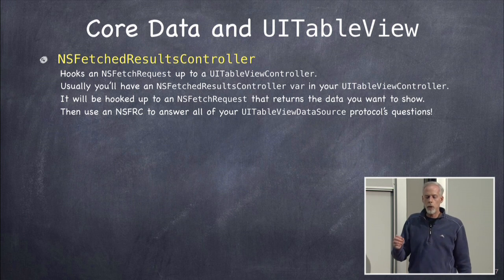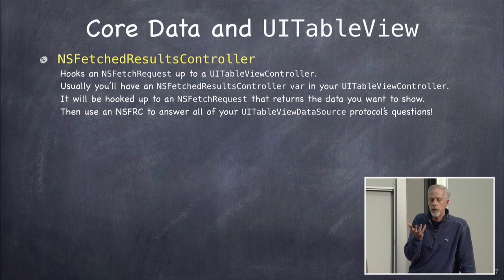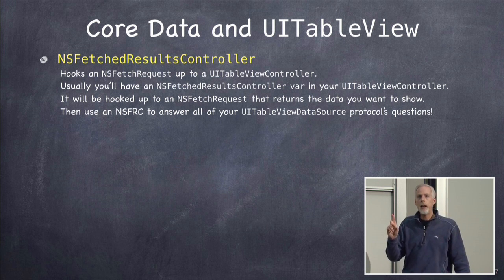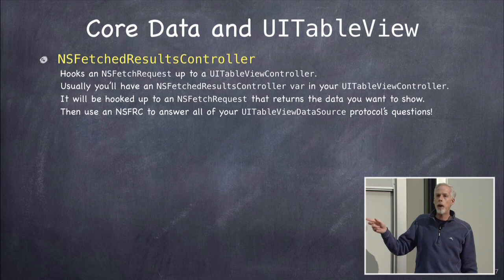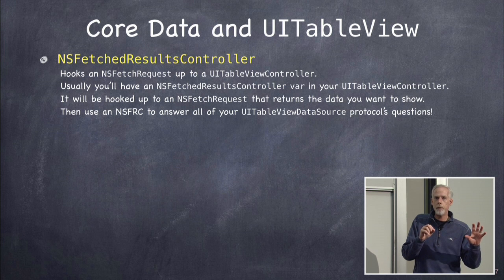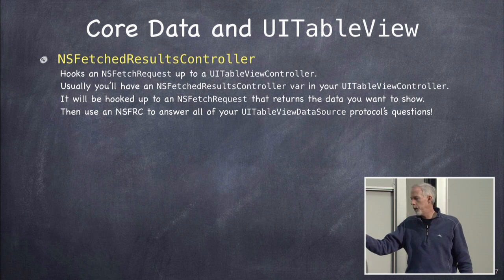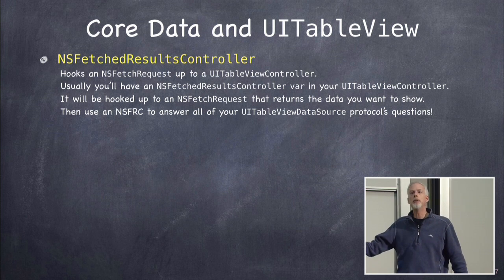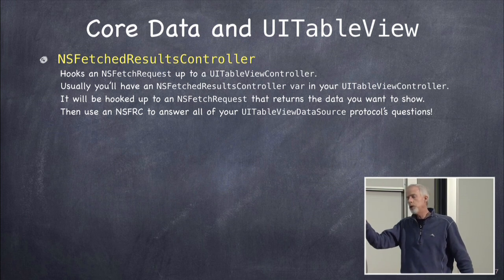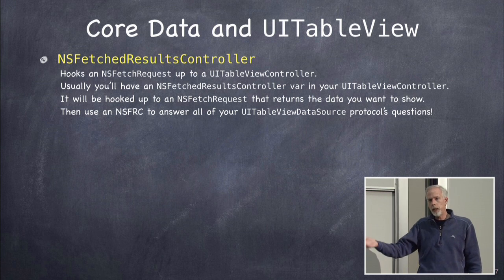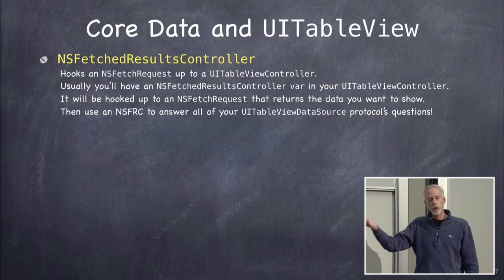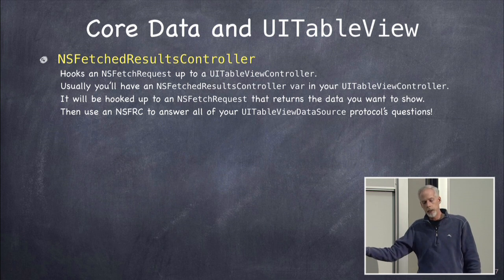So how fundamentally does NSFetchedResultsController work? Two ways. One, it has a delegate, and that delegate you set to be your UITableViewController. Whenever the fetched results controller sees something happening in the database that would affect that fetch request, it tells the table view controller, hey, do this: add this row, add a section, reload this row, whatever. It uses UITableView primitives to update the table. I'm going to give you the code that implements the NSFetchedResultsController's delegate. So that's one way it does it.